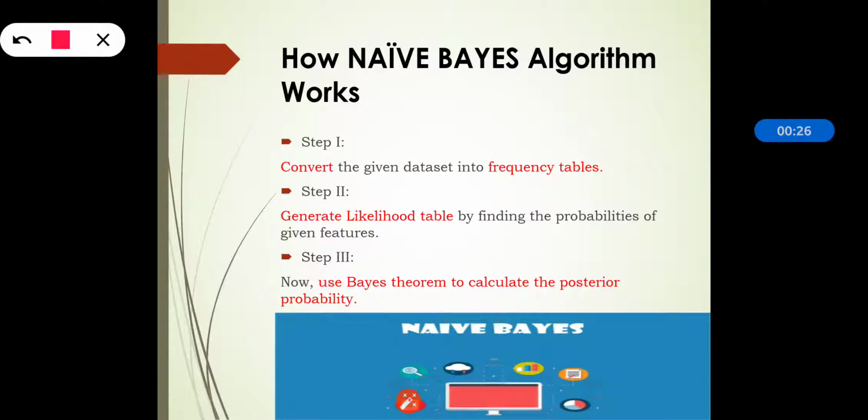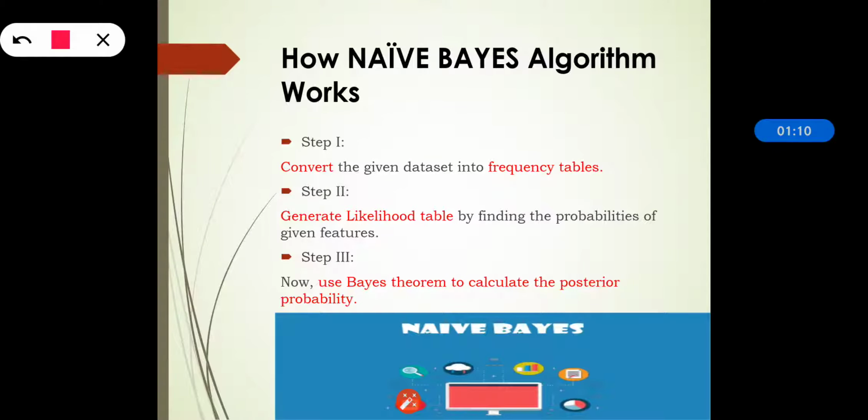And it is the combination of what? It is the combination of Naive as well as Bayes, and this Bayes is nothing but a theorem that is used in the Naive Bayes. So we can recall what it is. Naive means we can assume that the occurrence of a certain feature is independent of the occurrence of another feature, and that's why it is called Naive. And the next one is Bayes, that is nothing but the Bayes theorem, which mainly works for calculating the probability. So it is a combination of Naive and Bayes words, that's why it is called Naive Bayes.